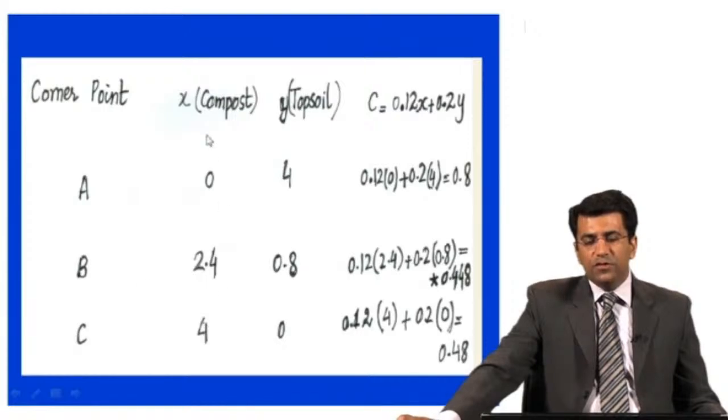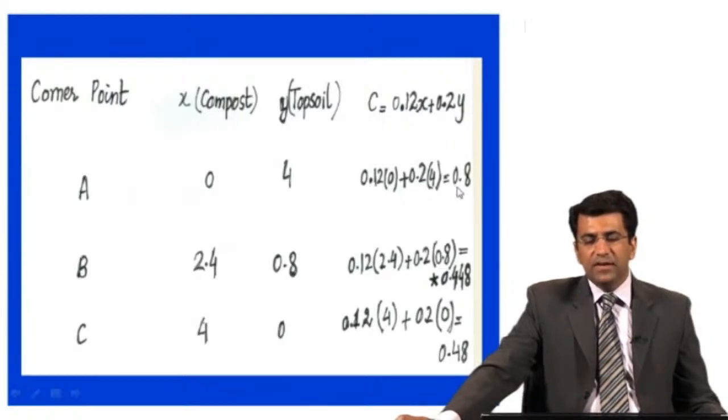Now we will put in one by one the value of X, which represents the composite part of soil, and the value of Y, which represents the top soil part of soil. So by putting these values one by one in the cost function, we get